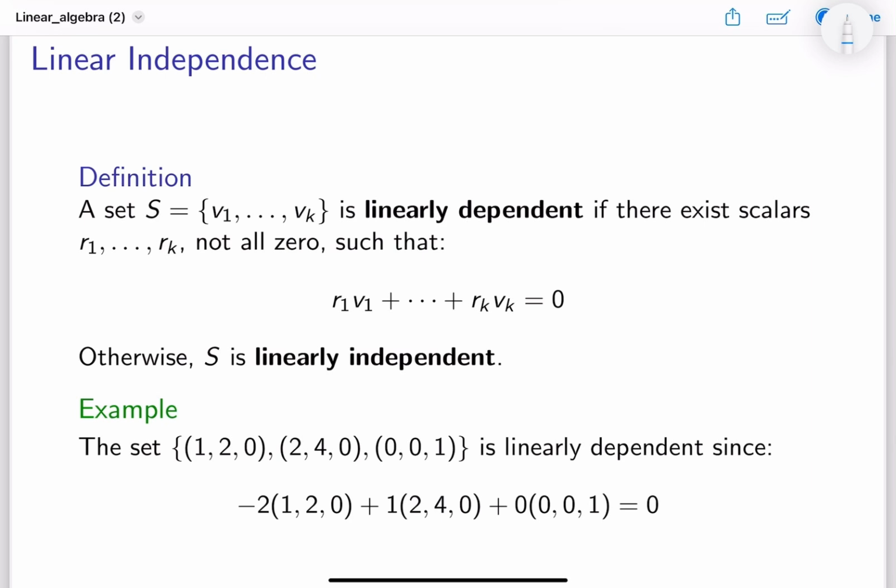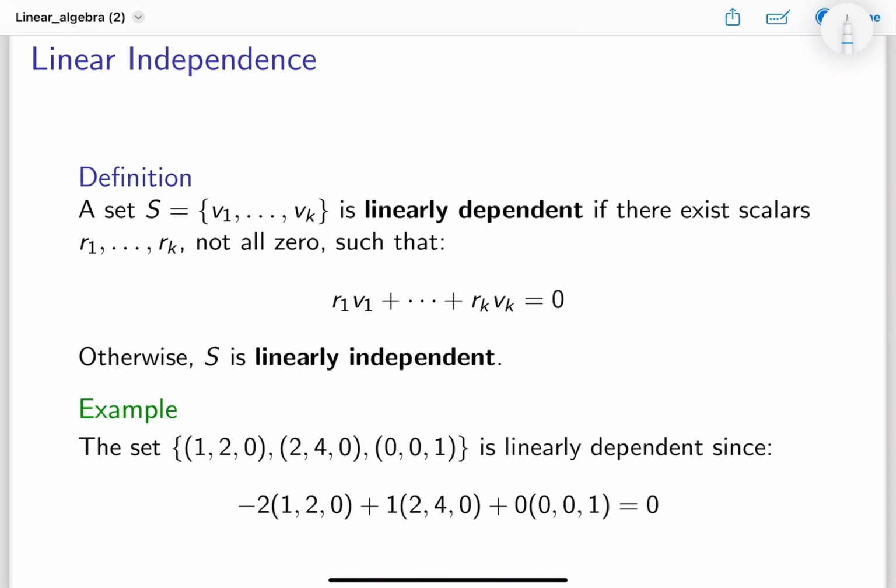So in the previous video we defined what's called a span of a set of vectors, and we defined it to be the set of all linear combinations of the vectors in that set, namely finite linear combinations. And the purpose of this video is to define what's called a basis set. So given a vector space, there's a basis set associated to that vector space, and we're going to see what that means. But before we define what a basis set is and motivate it, we shall start by talking